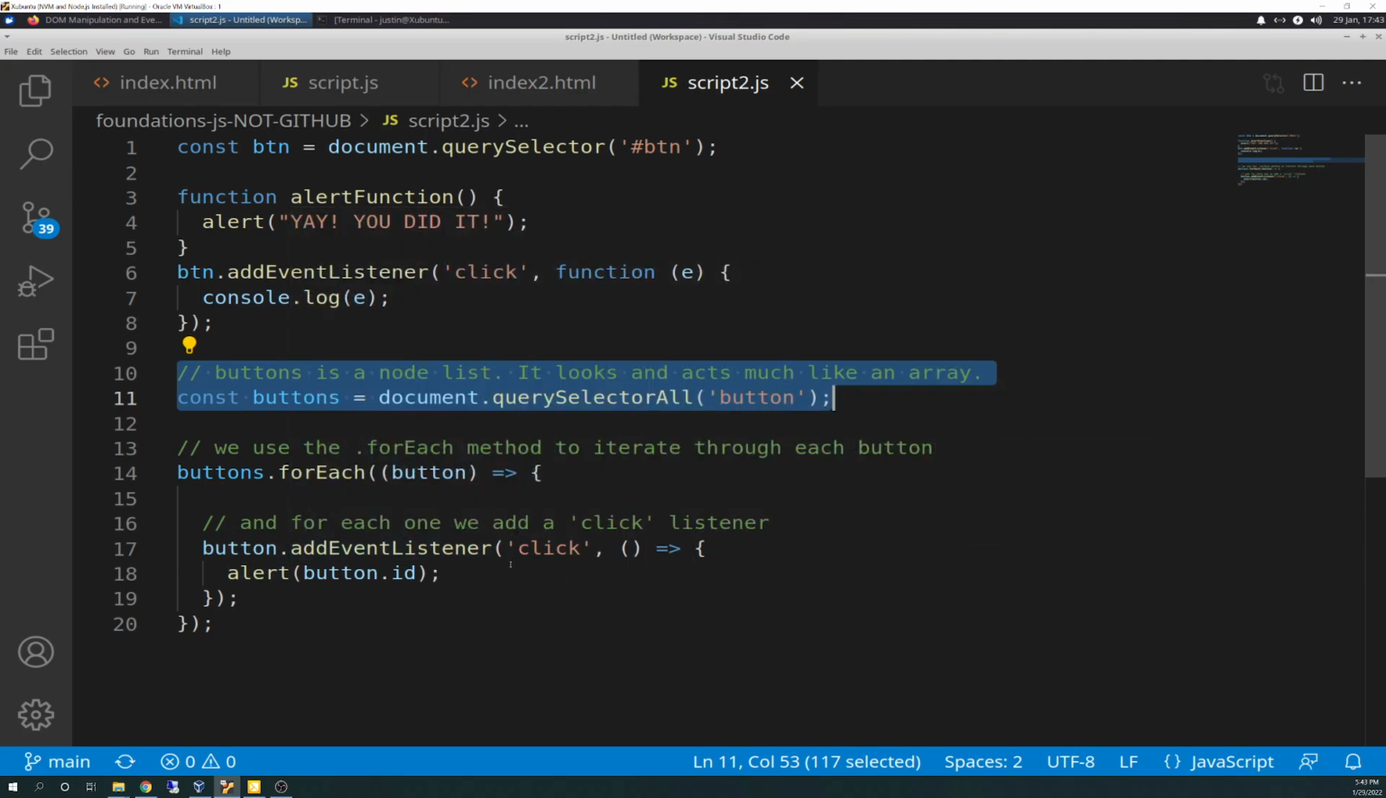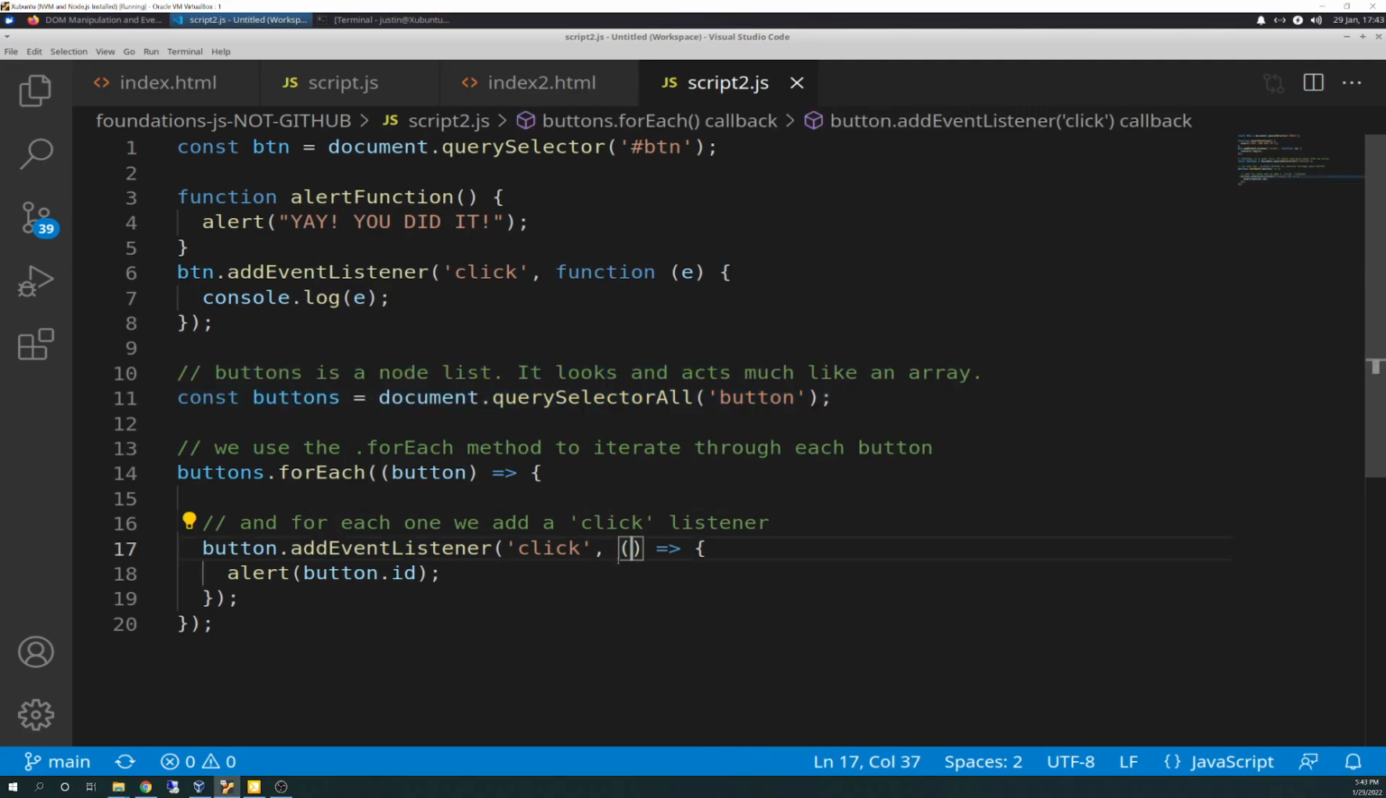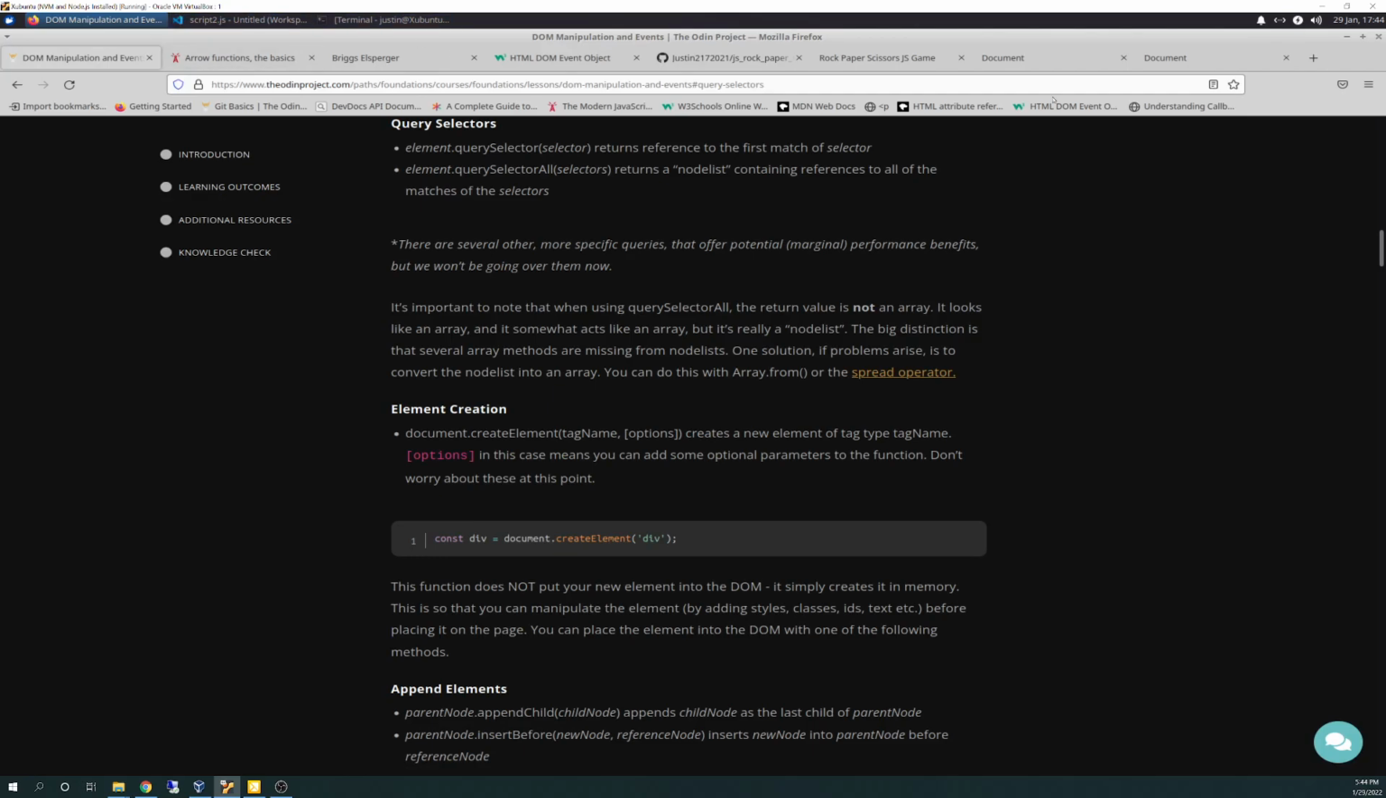button.addEventListener. So we're going to add an event listener with a click function, or click activity, with an empty function input, and then it's going to fire off the alert button ID when it's clicked. So if the button's clicked, it's going to alert out and give us the button ID. So if we run that in real time,